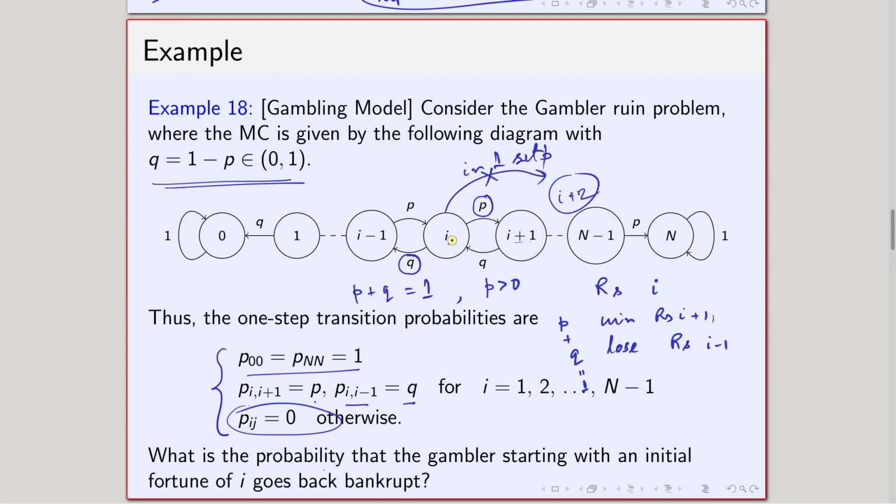So it is a very good question to ask. Suppose I go to a casino with some money, and I may ask what is the probability that I lose all my money? On the other hand, I can also ask what is the probability that I actually reach the state n, that means I reach my target. These two probabilities of course I can ask myself before playing any game in the casino. If the probability of bankruptcy, the probability of losing everything, is very high, then I should not play that game.